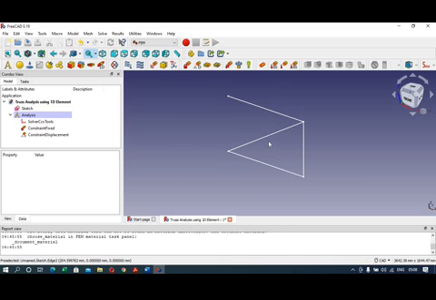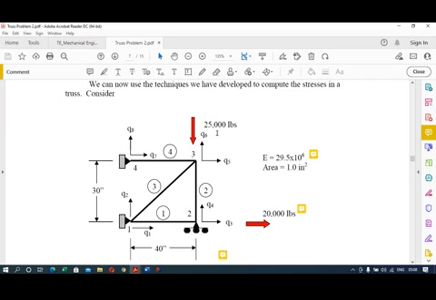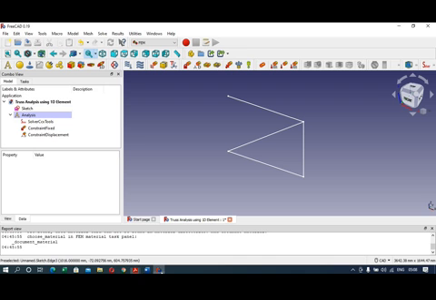So now second we are going to apply the force constraint. So here 25,000 lbs, that means 111 kilonewton is acting. So click on this button, create a FEM constraint for a force acting on a geometry entity.